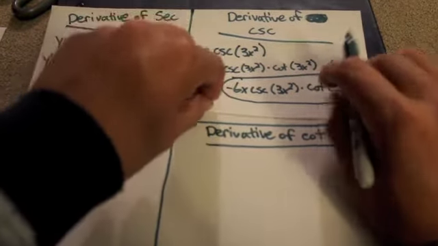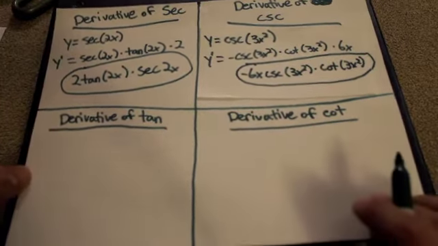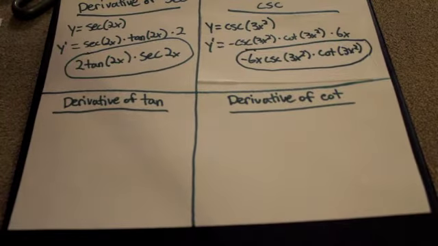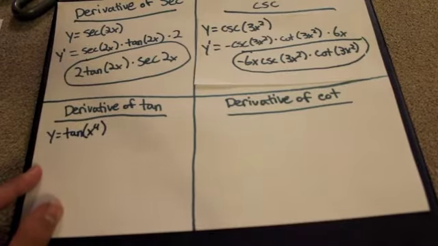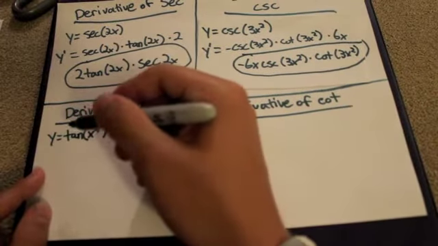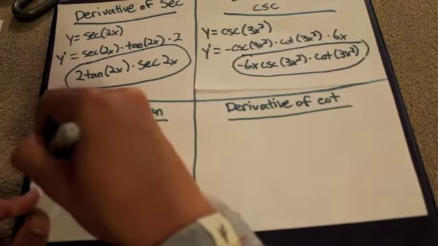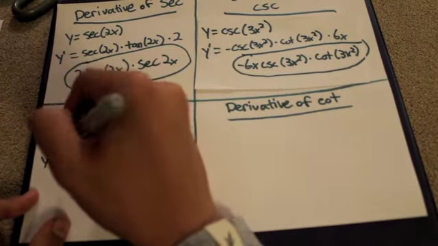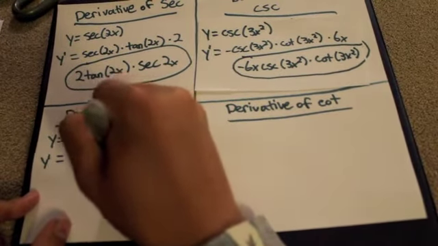Now we will move on, and we will find the derivative of tangent. Again, just like the other two, we'll start out with the equation y equals tangent x to the fourth. To find the derivative of tangent, we have to know that the derivative of tangent equals secant squared. If we rewrite that, we would have secant squared x to the fourth,